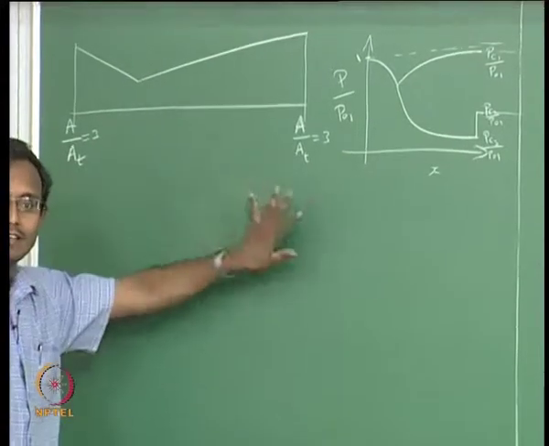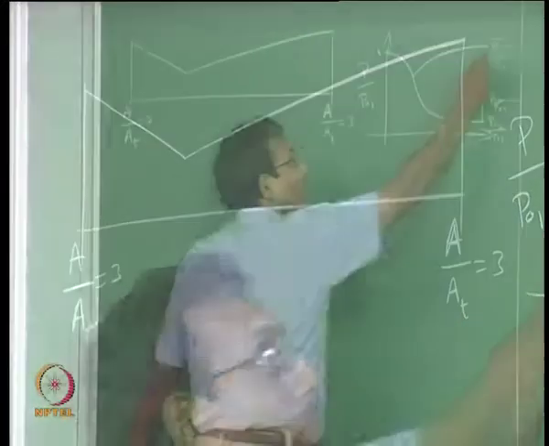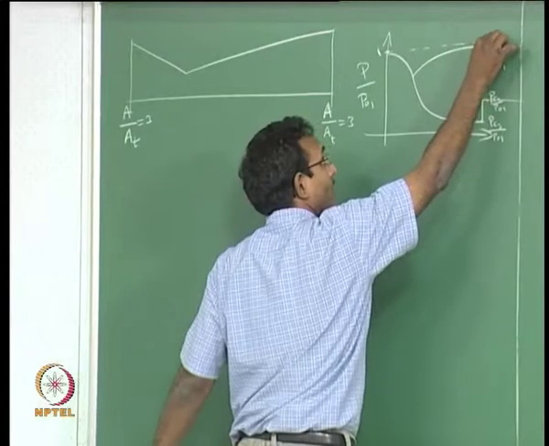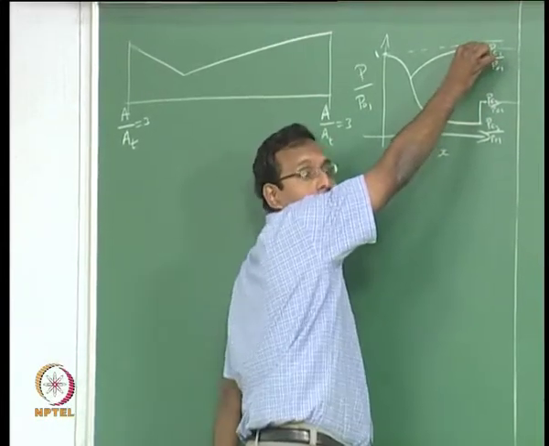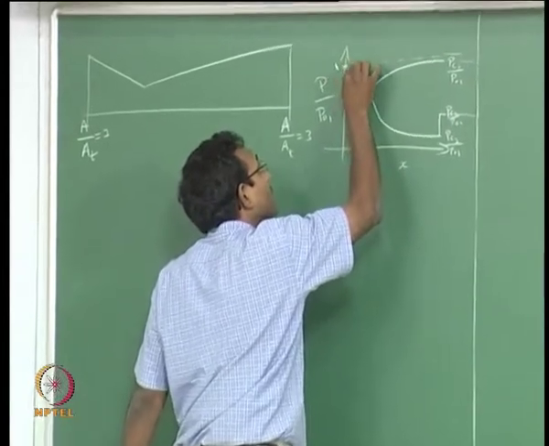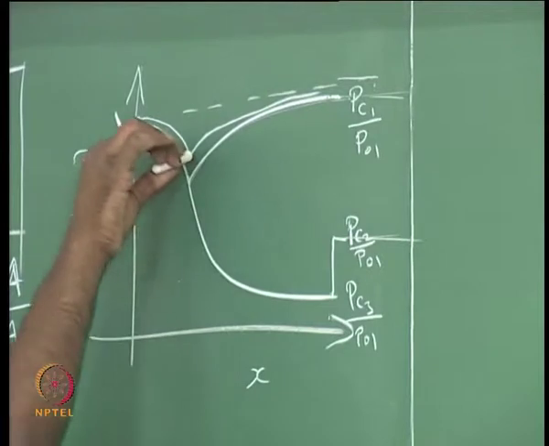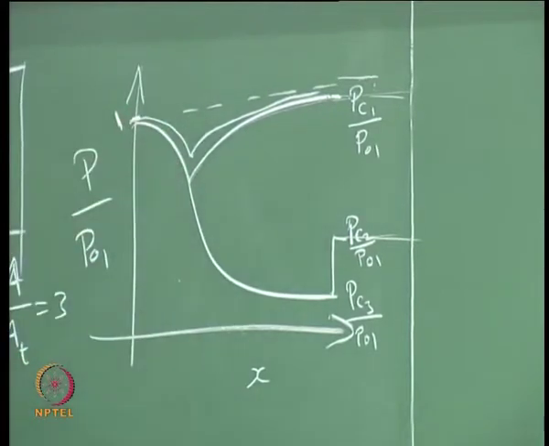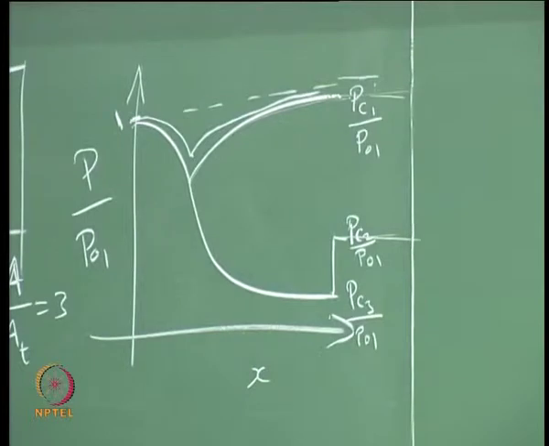I am just telling A by A throat is this. It may be that my pressure at the exit is very low, very close to P naught, and I am not even below P critical 1, in which case my pressure distribution will be more like this. If it is something like this, then my throat is not choked. That could be a case, which is what we dealt with last class towards the end. So in today's class, we will just assume we are going to go in between critical pressure 1 and critical pressure 2 and we want to solve the problem.